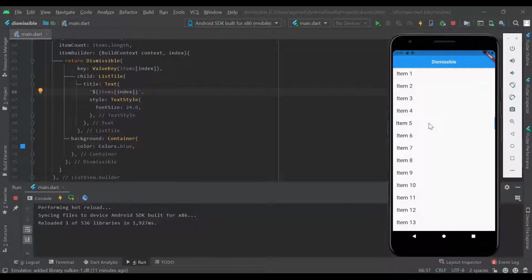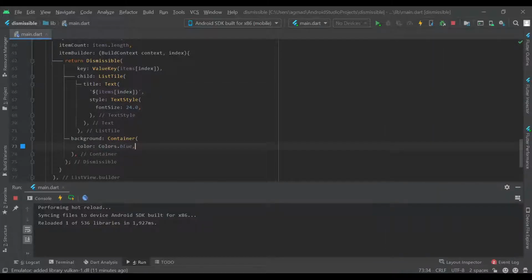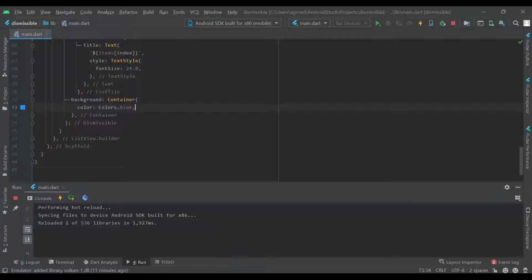So what we're going to do today is implement it so if you scroll to this side it will show you mark as read, and then move to read, so it means that it'll take away this and it'll be in your read items, and if you pull it this way it'll be in your deleted items. So we're not actually going to implement all the back end, this is just simply the UI and how things should look. So here we have the background, and we're going to give it a child of Row,